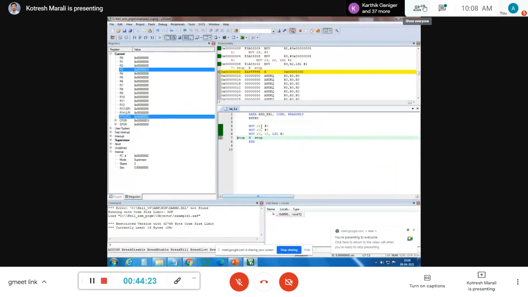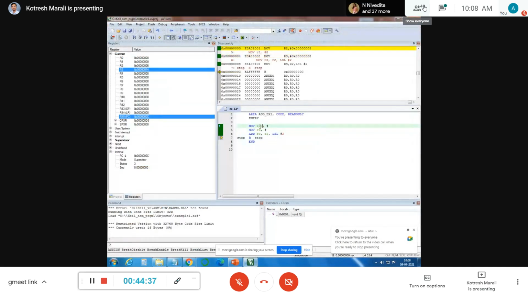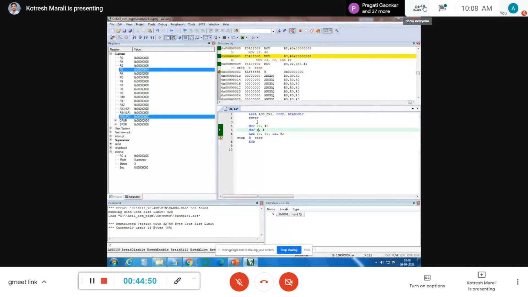So what do we need to perform? I am trying to perform the add operation here. So let me take these two values. R0 equal to 0. And another register R1. R1 is containing 5.